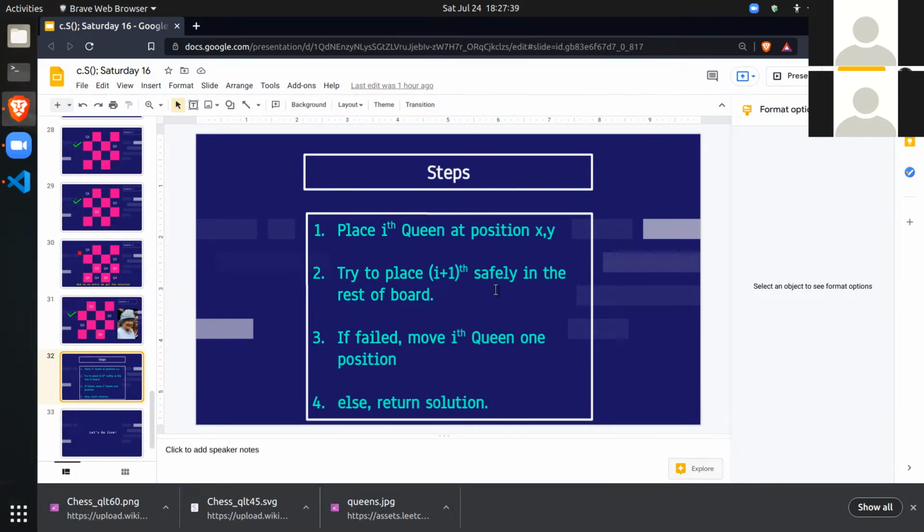What that means is, given that a chessboard has some certain number of queens, let's say I gave you a chessboard that already has 3 queens on it, or 4 or 5, whatever, and I'm asking you to place one queen in any place that is safe. This problem is not different from placing a queen on a board which has only 2 queens or only one queen. I'll try to make this concept clear through the code itself.